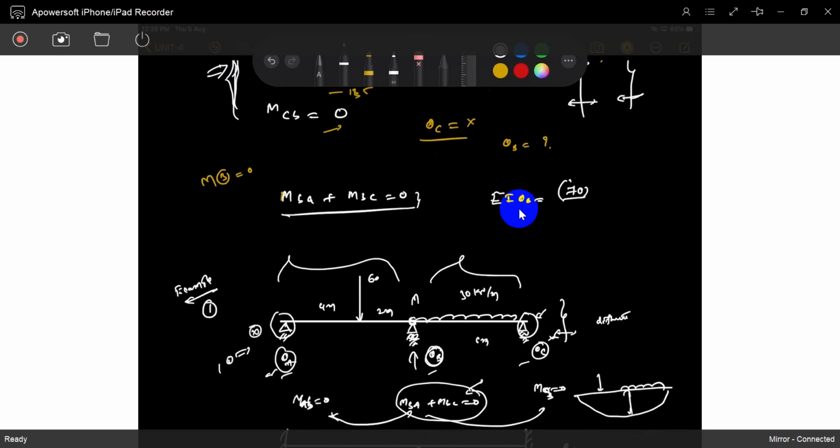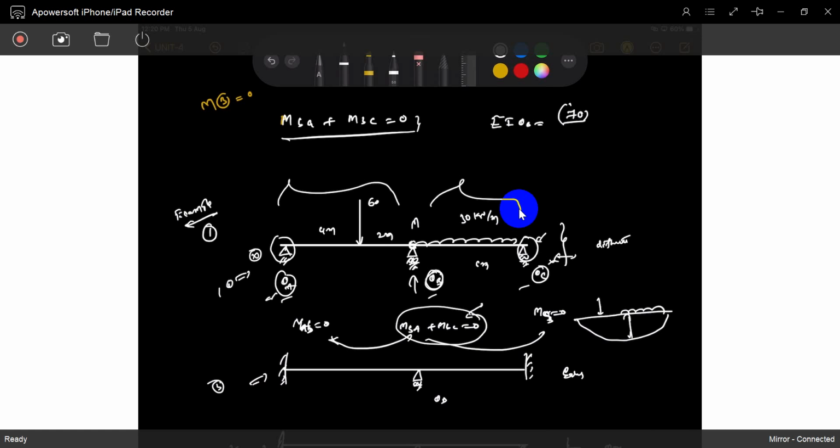You will reduce it. Modified equations. Otherwise, for the general case, you will solve three equilibrium equations with three unknowns, and substitute those values to get the results. I want you to do the problem in general with three equilibrium equations and three unknowns, and later also write the modified equations and solve, where you will get only theta B.